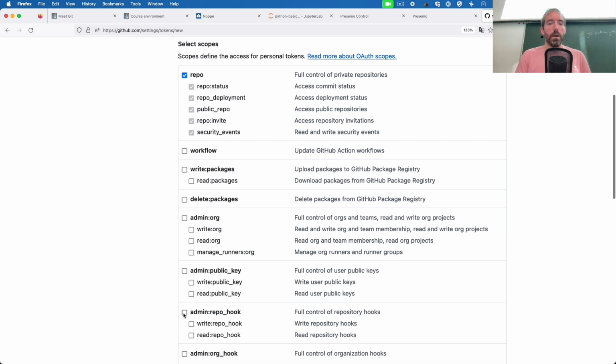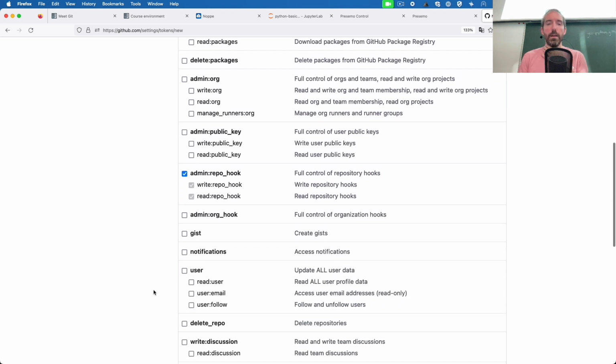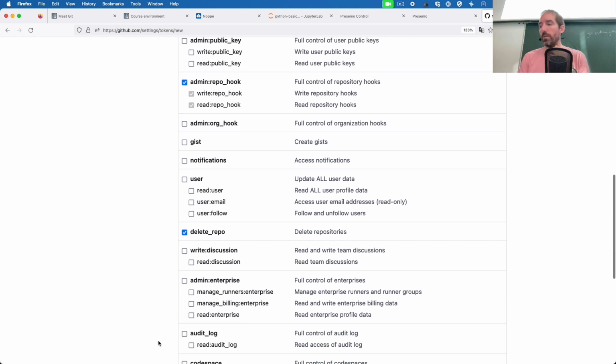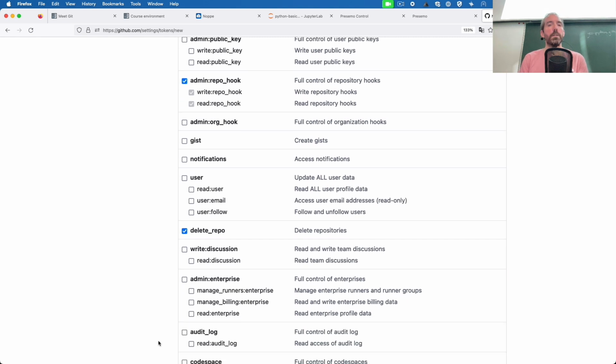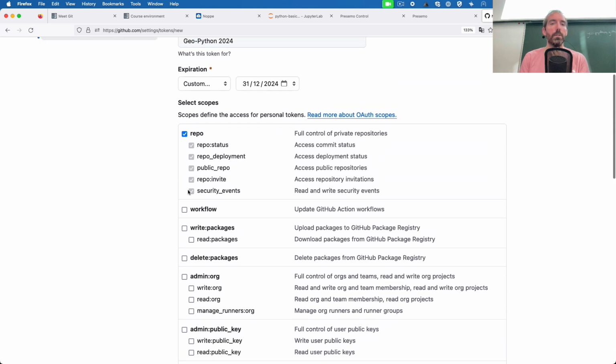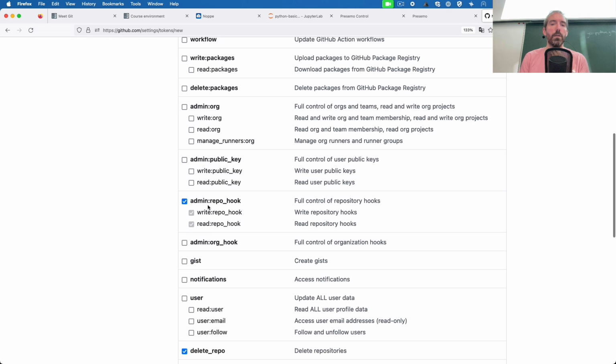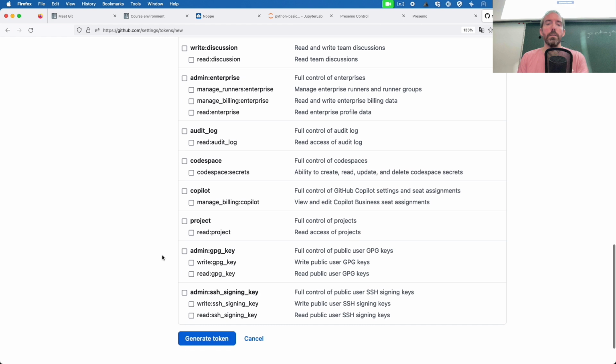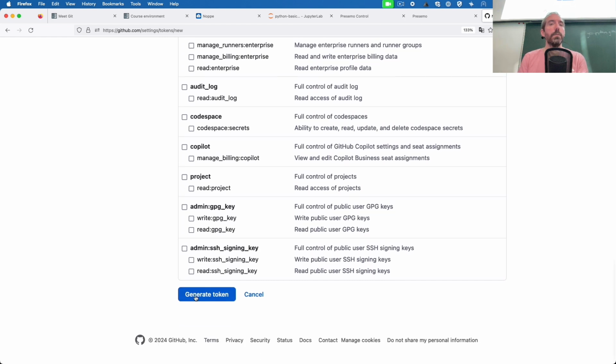We want to have this admin repo hook, and I think we want delete repo as well. Those should be the permissions you need. So it's three in total: repo, admin repo hook, and then delete repo. And at that point, you can click generate token,